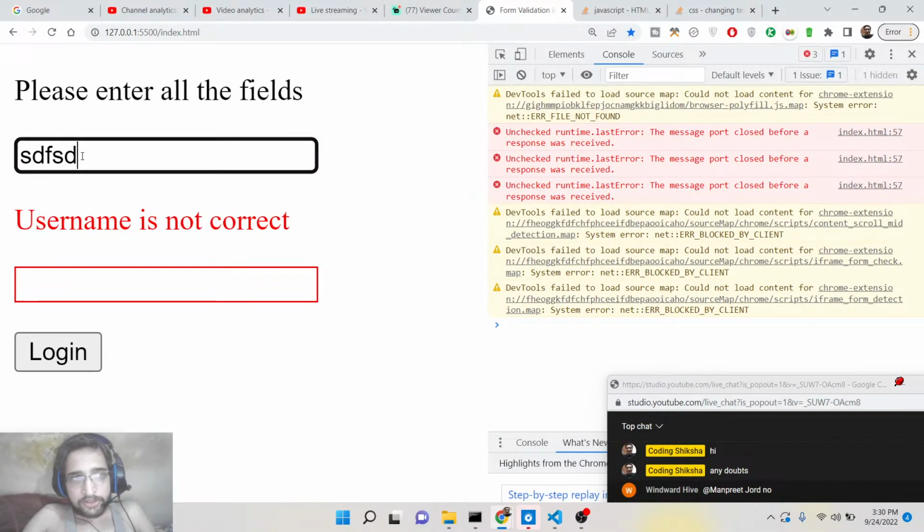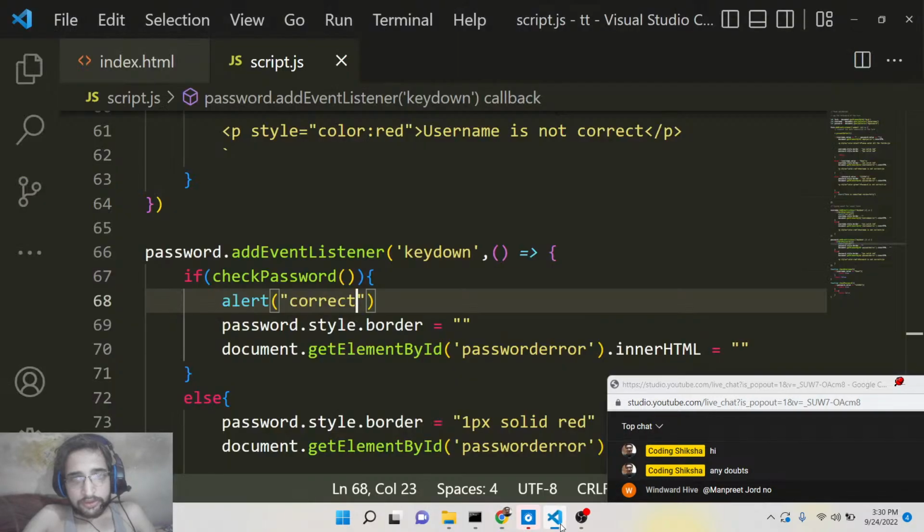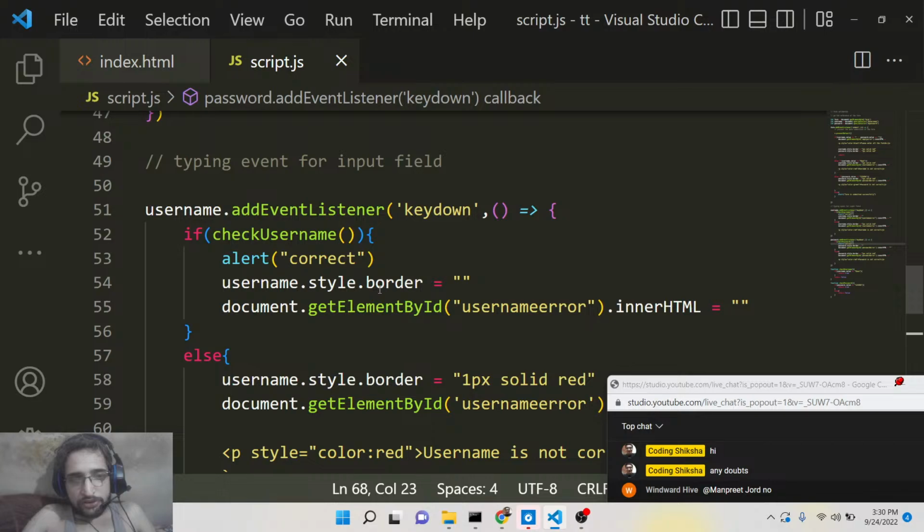So if you see, please enter all the fields. If I entered it correct here, basically I think why it is not doing this. Check username,